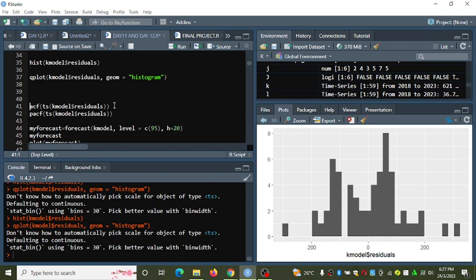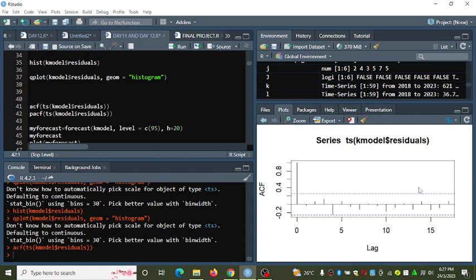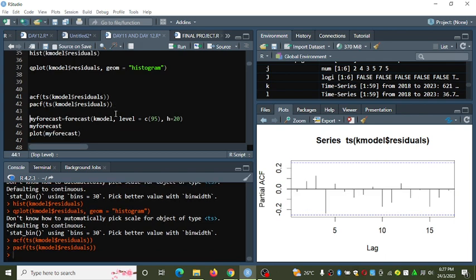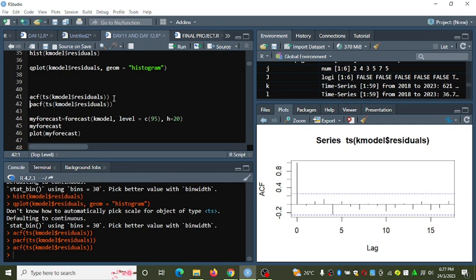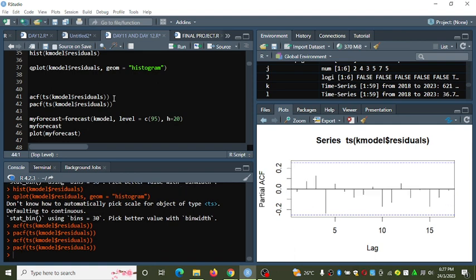You can check the ACF and PACF. Let's see. This is the ACF. Let me check the other one. And the ACF. Okay, I want you to be very keen here. In the ACF, we have the starting point of 0. I want you to tell me the difference. But under PACF, we do not start at 0. Why?